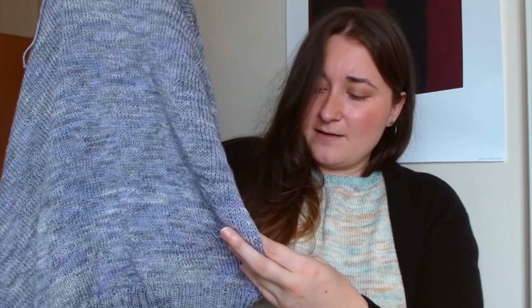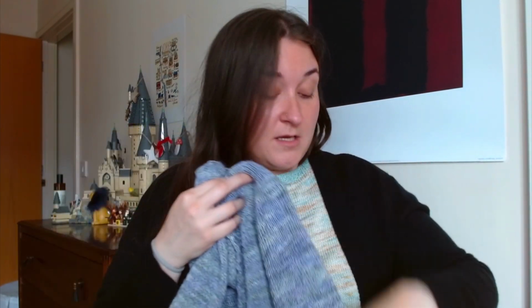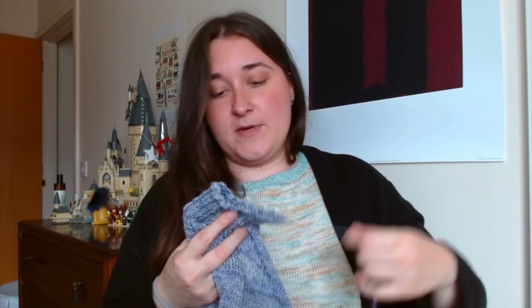But I finished off the body and did the ribbing. I ended up adding 2 or 3 inches to the body because I thought it was too short, because it's meant to be kind of tunic style, so going over the butt or something. As you can see, ends are not woven in, it's not wash blocked or anything because I've still got yarn left. Oh yeah, that's right, it's under my seat. That happened during my German video. I've got quite a bit of the last skein left, and I'm hoping to send this to her on Monday